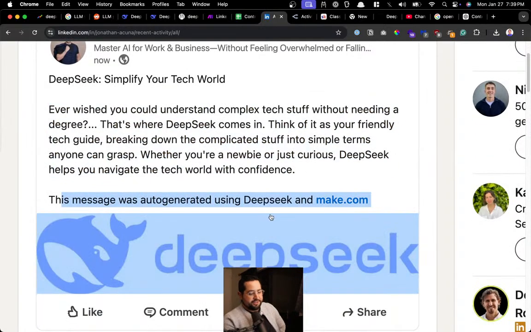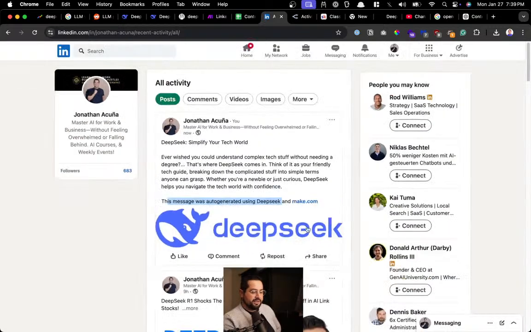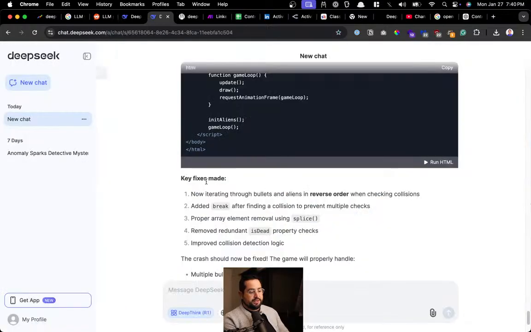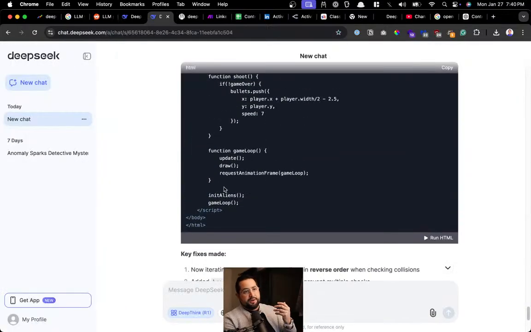And then this is something I just hard coded right there at the very bottom and just added the image. Later, we'll add automation that will actually generate the image. We'll use another AI tool, but that's going to be later on. So now you know Deepseek, you could create a free account and start playing with it. Again, it's on par with O1. It does have some nuances, a little bit of bias. It's great for coding.